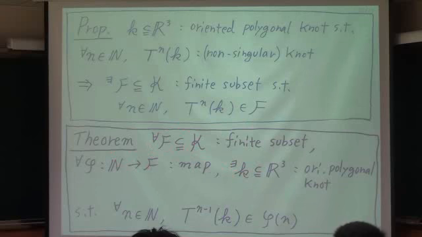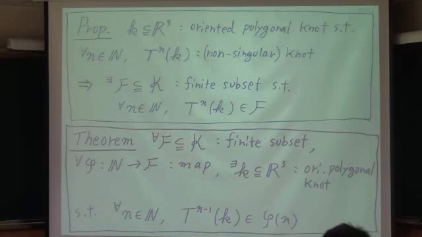Let F be a finite collection of knot types, and for any such collection and any map phi from the natural numbers to F, meaning any infinite sequence of knot types, all of which are in F,